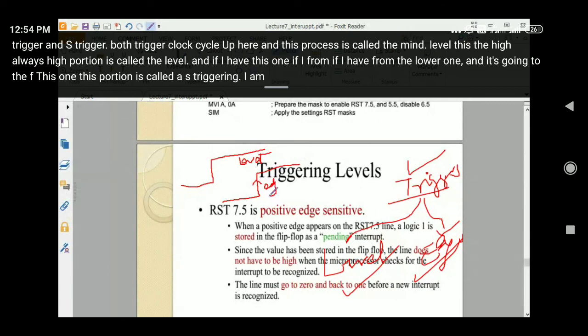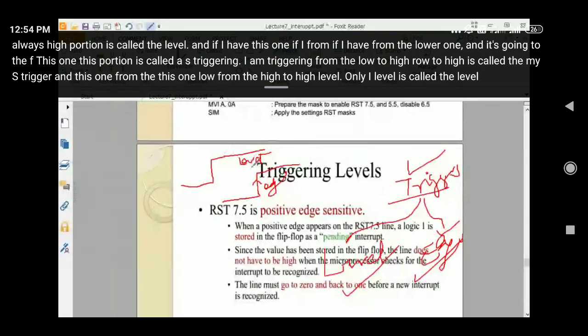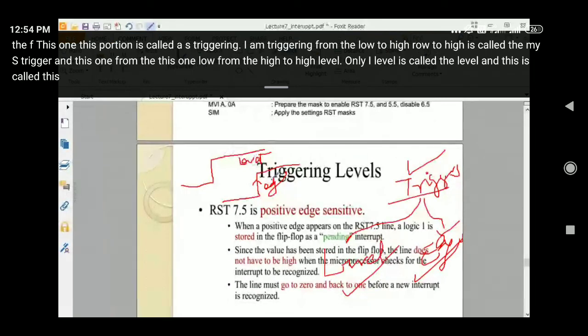Triggering from low to high is called edge trigger, and staying at the high level only is called level.